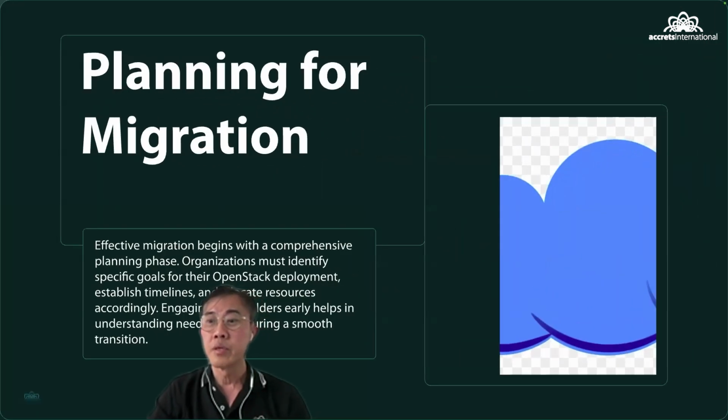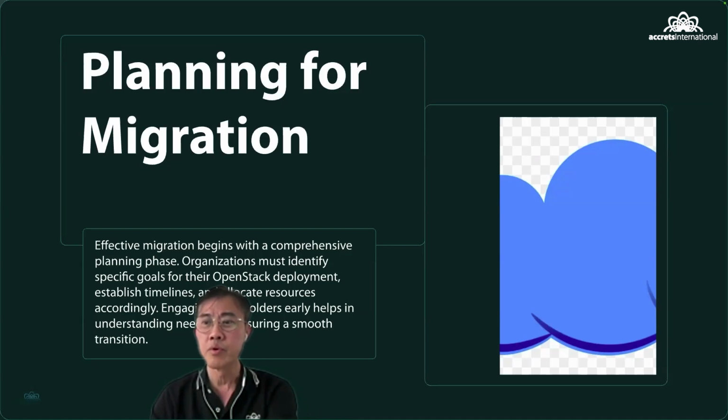Okay, planning for migration. Definitely they need to understand what is their strategy for their IT in years to come. Because nobody wants to move to something that cannot scale anymore in future, right? So I think VMware is not there anymore. OpenStack is actually able to scale, and because of all the support by the community as well as big companies, you see more and more people looking for deployment on OpenStack, right?